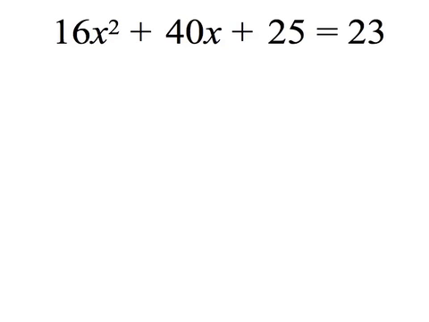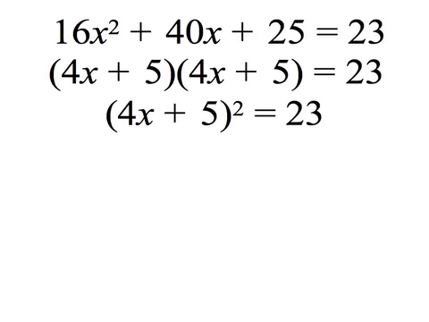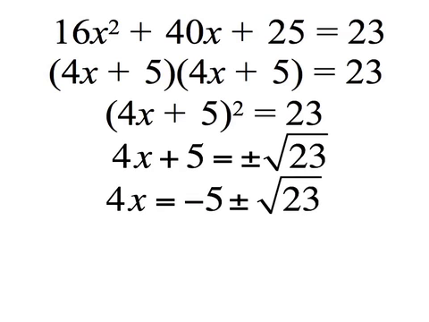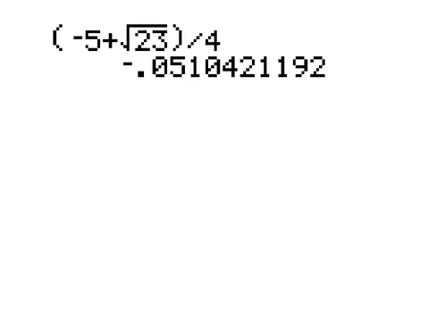And here's one. This is also a perfect trinomial square, and there are the factors written with exponents. We take the square root of both sides, and now we're going to add negative 5 to both sides and then divide everything by 4. And it turns out this particular expression is in simplest radical form already, so this is considered the exact solutions to this equation. But if you'd like to round it off, I recommend you type it into your calculator as shown here, putting parentheses around the entire numerator and then dividing by 4 to get the first answer, because we've added